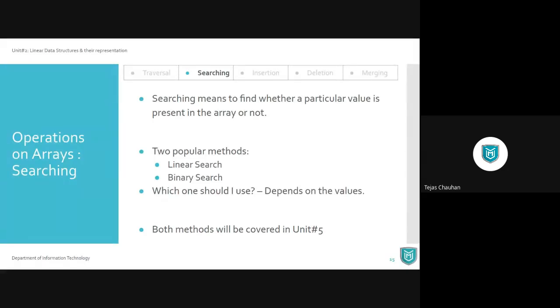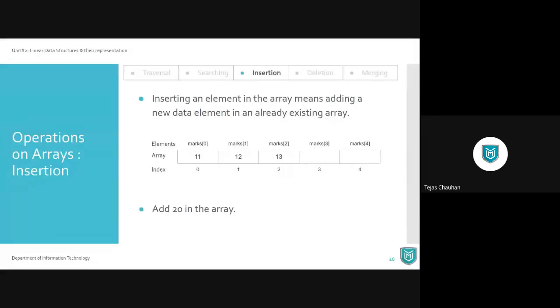Then the answer will always depend on the values, what values you do have. Okay, so in detail, we will see both these algorithms, pros and cons of both these algorithms in unit number 5. Okay, so that's searching. Now we want to see the insertion